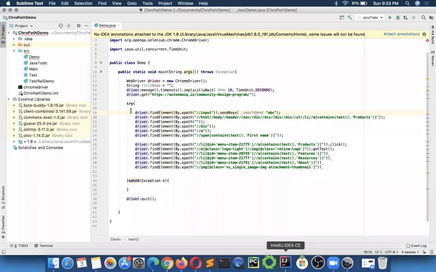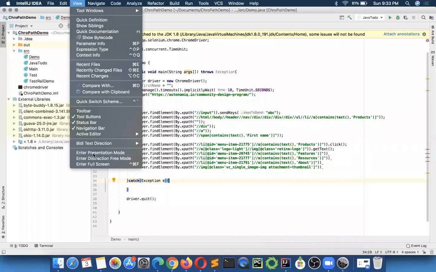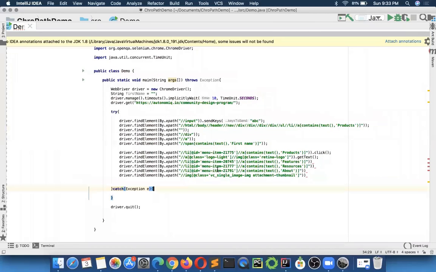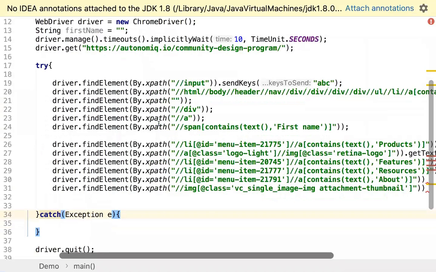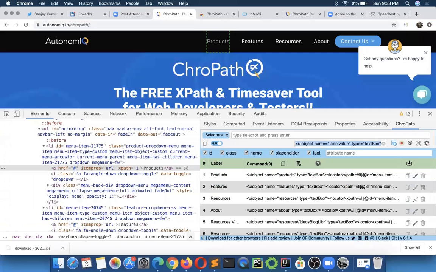You see, if you're writing something like this, let's say a very basic test case, and you are using this driver.find element command, what you have to do is just replace this command with this driver.find element command, and wherever your XPath is written in this command, replace that with XPath value. Hit enter.